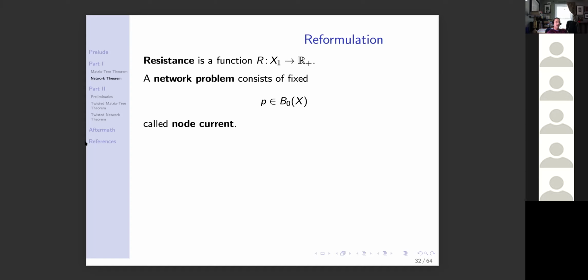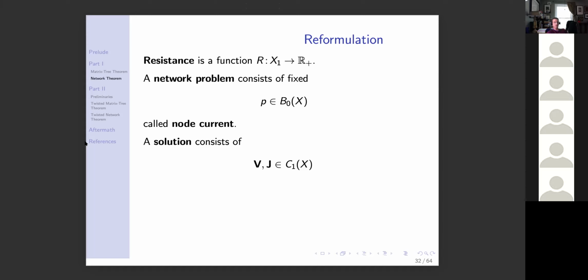So we are given some zero boundary in the graph, something in the image of the boundary operator. This is called a node current or a terminal current, and it comes from some external source, like a voltage from an external source. A solution to the problem consists of one-dimensional chains, that is, linear combinations of edges, called V, voltage,